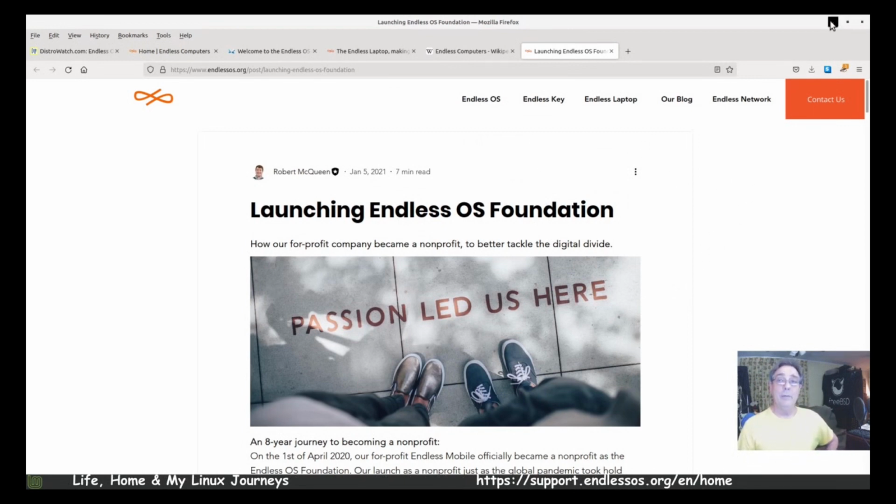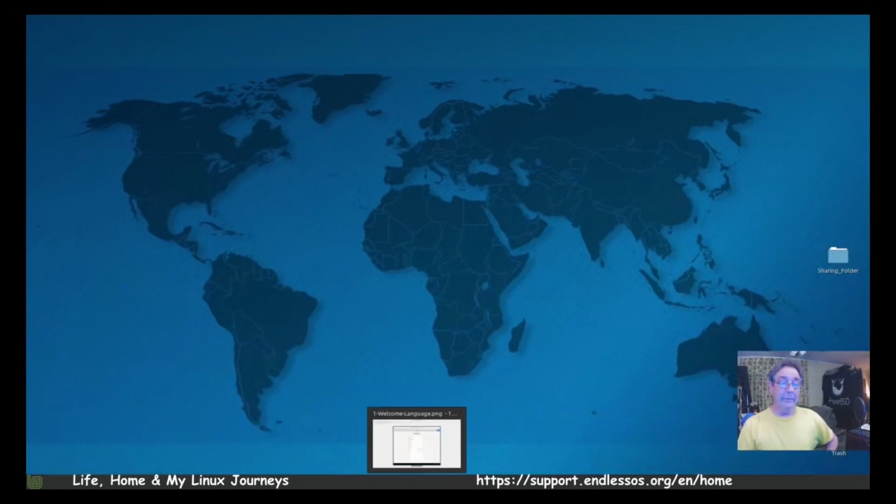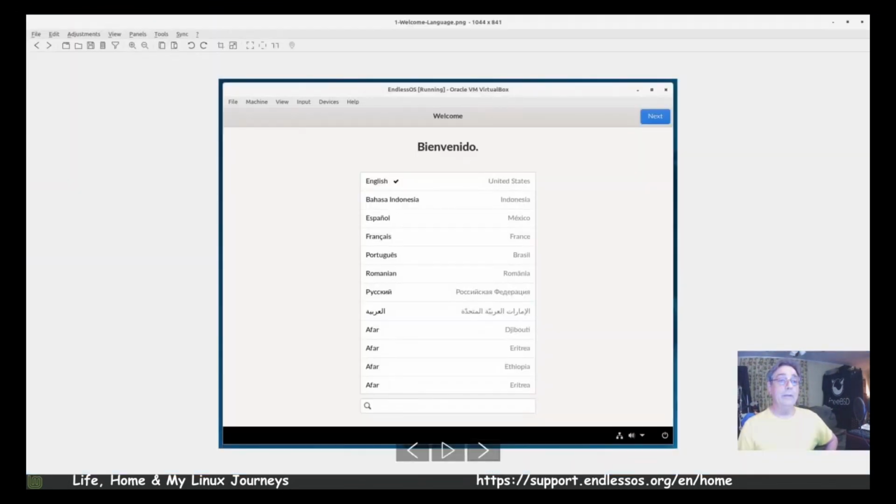So let me get off their web pages here. Instead of just going through the installation, I took snapshots to make it a lot quicker and easier to explain.